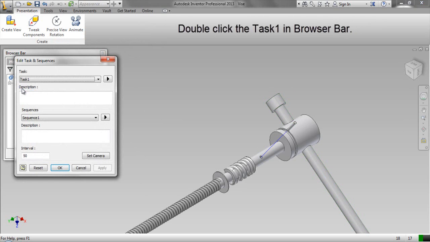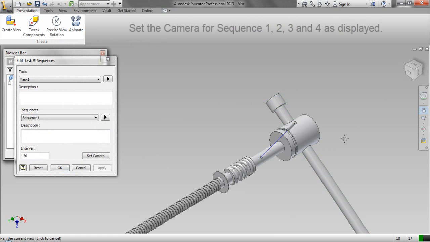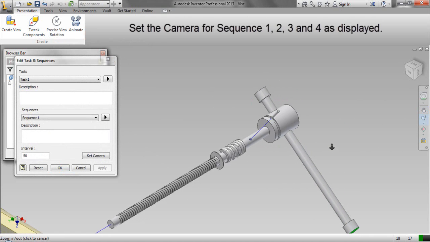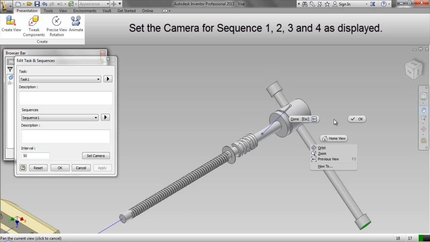Double-click the task 1 in the browse bar. Set the camera for sequence 1, 2, 3 and 4 as displayed.